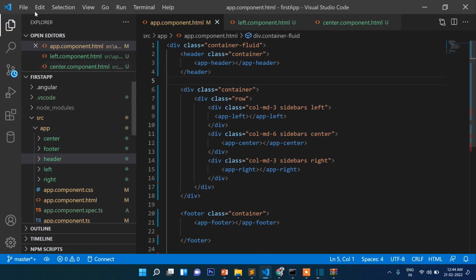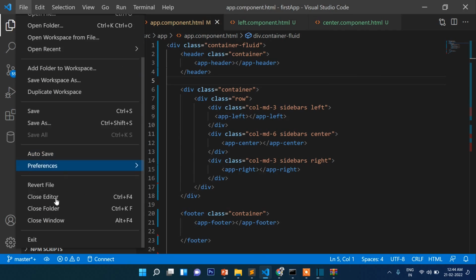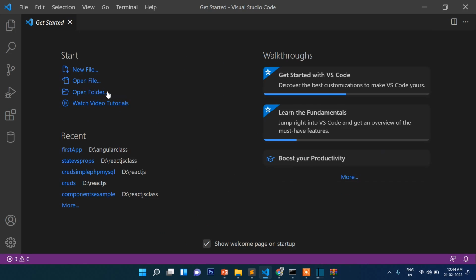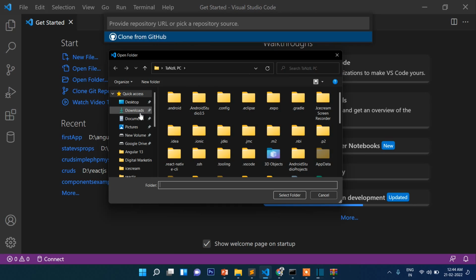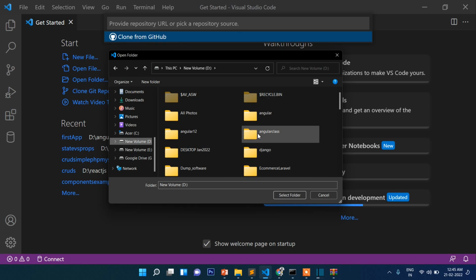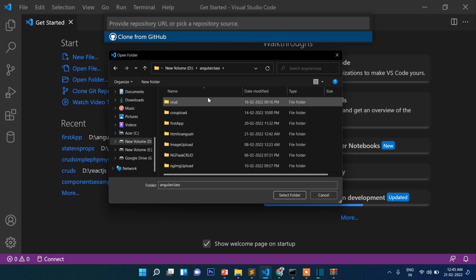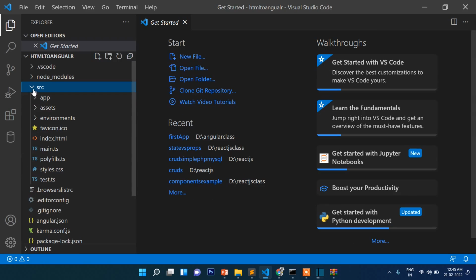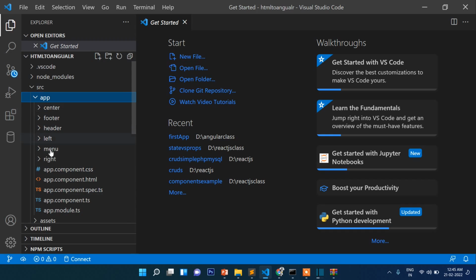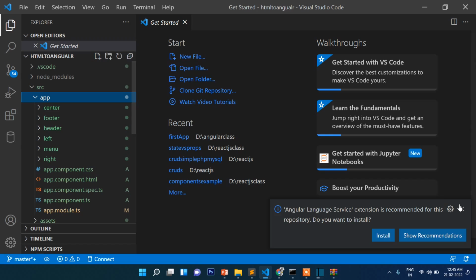Now in the meantime, let's close it and open that folder. So our project is inside here. So this is our folder, select folder. Here you can see in the src app we have header, footer, left, right, menu. This time what we will do,